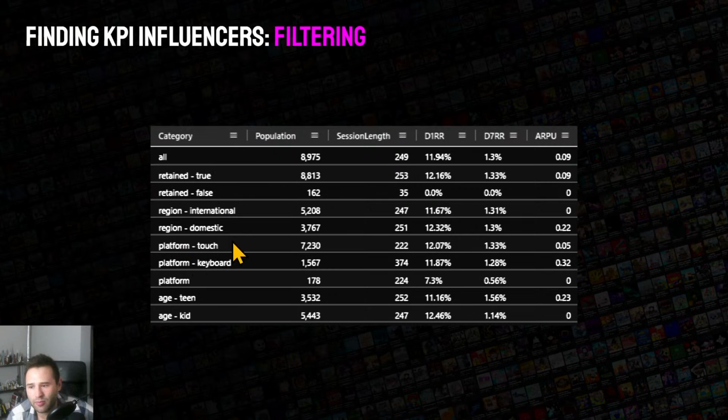touch versus keyboard. If you were to average out the touch and keyboard audiences, you would get a certain session length of 249 seconds. But in reality, keyboard users are playing for almost an entire 2 minutes longer, whereas touch users play about 30 seconds shorter. So really, there are 2 categories here. A keyboard group, which is having a pretty great time in terms of playing through in a single play session, but then touch users who are having a bad time. And if I hadn't filtered through these audiences, I wouldn't have known that.